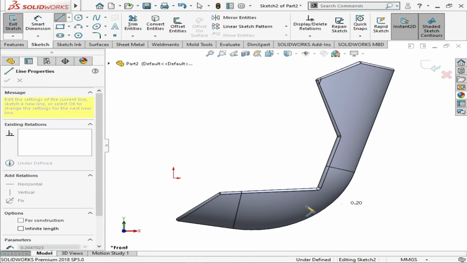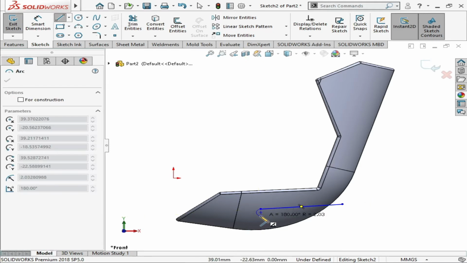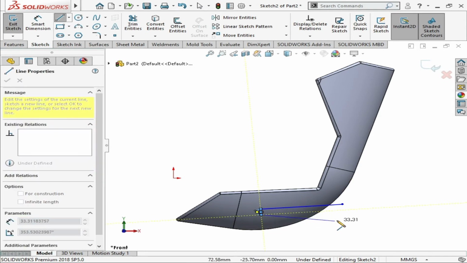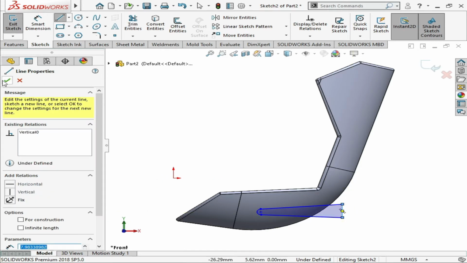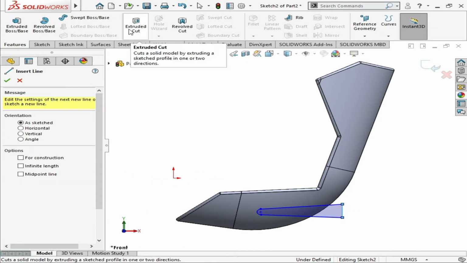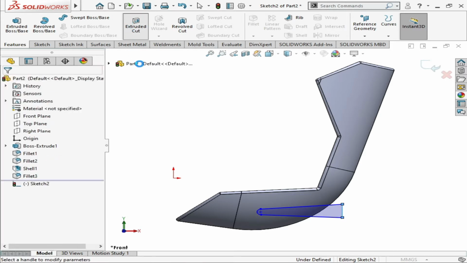For this you will simply click here, click here, and go back to this to make a curve, and come to here and go here. After that join it, click OK, features. Now you have to cut this portion, so you have to select extruded cut.